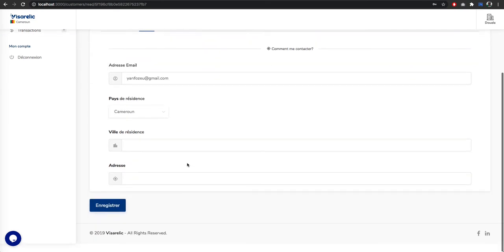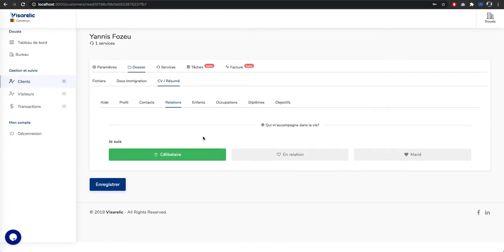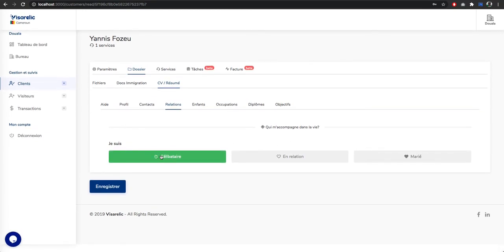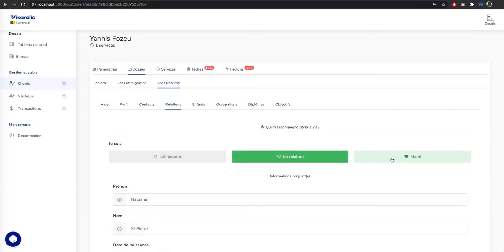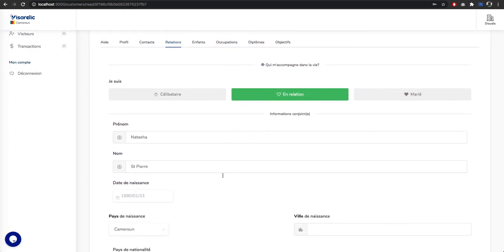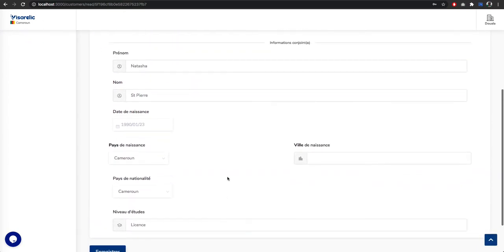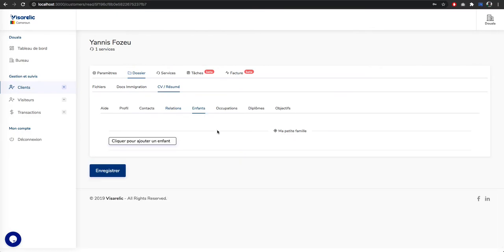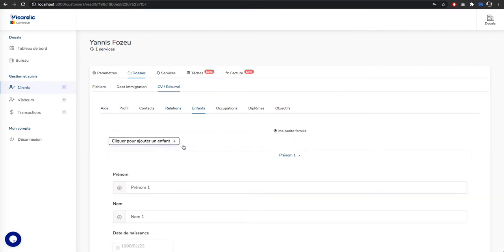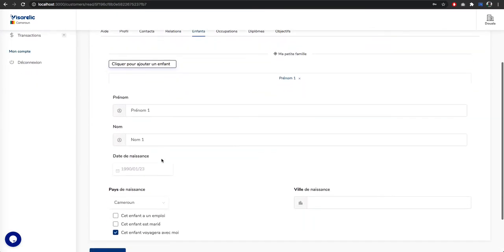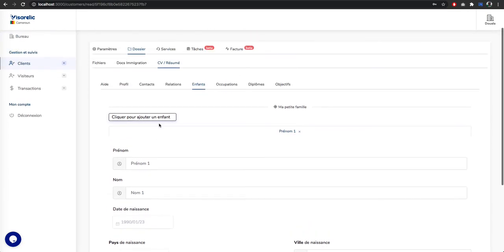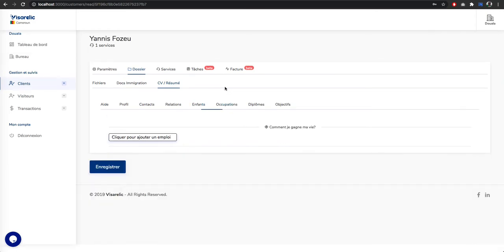We have the contacts here, the relationship, if he's in a relationship or married. So you just have to select it, put the name of his wife, and here he can add his different children. If he has many children, you can just add them here. Each child will be tabbed, just as you can see here. I will not save it, so no worry.